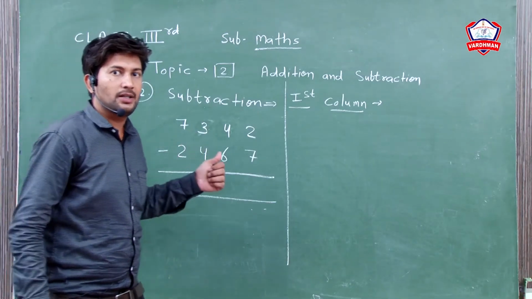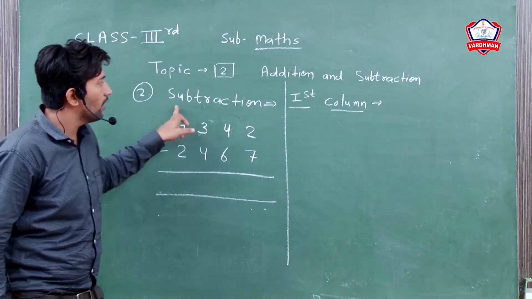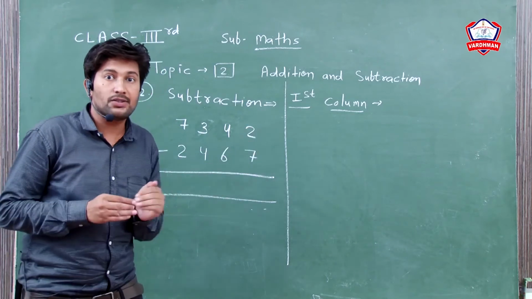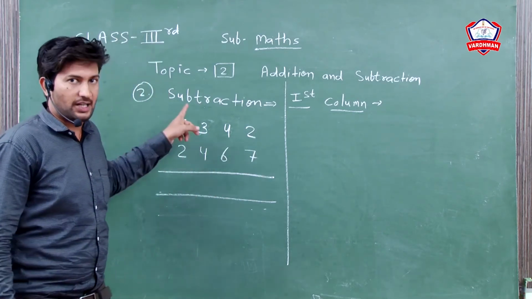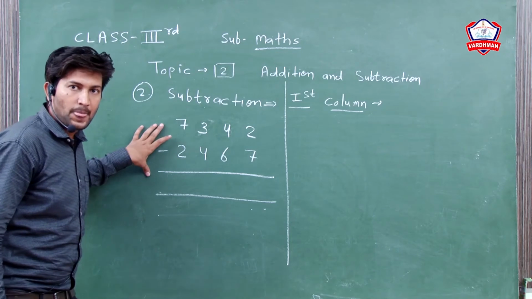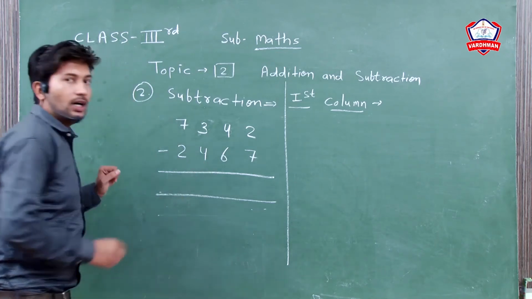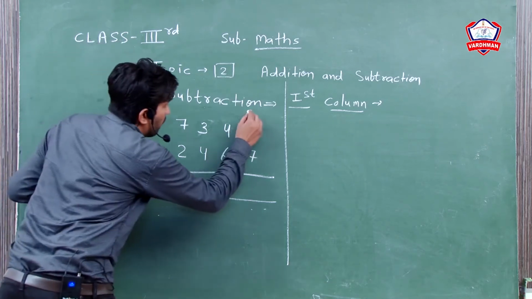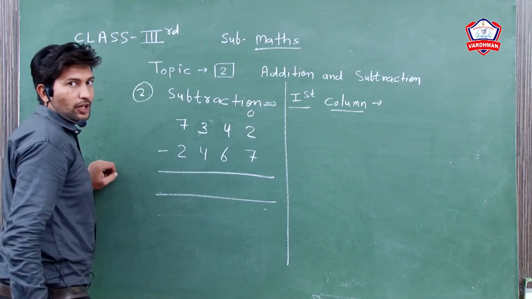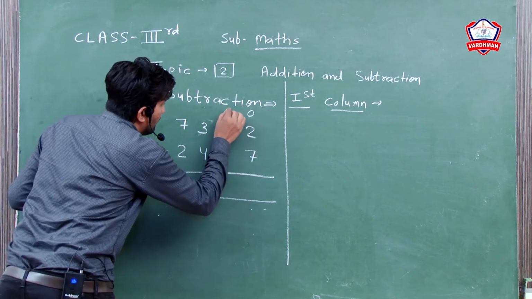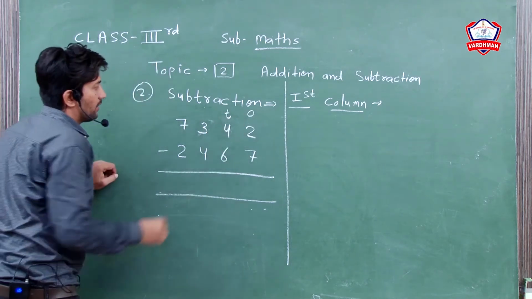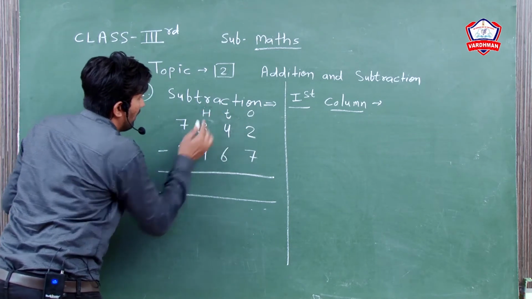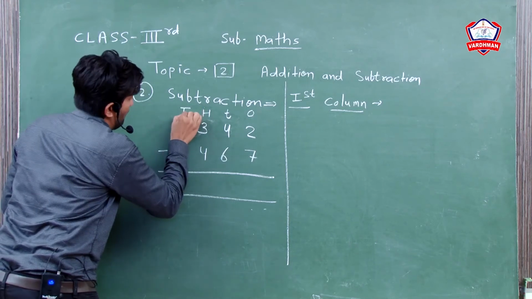Now we will read about the second part, subtraction. We will teach the higher part of subtraction. It has an example you have. Now write it as an abacus scale. First is ones on the abacus scale, second is tenths, and third column is hundreds, and fourth column is thousands.